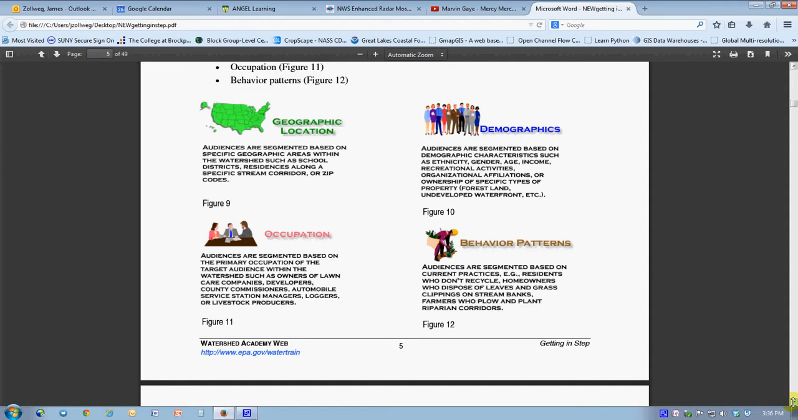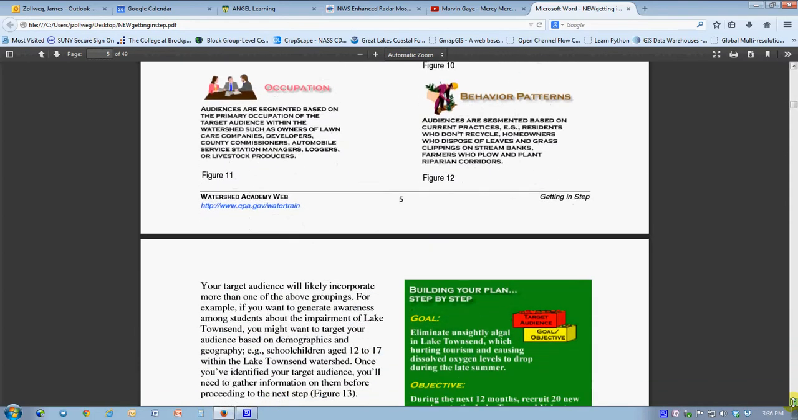Just what age distribution, for example, may be meaningful. Occupation, what people actually do and what their activities are, and expanding upon their activities, what are their behavior patterns? What do they do? How do they behave? What are they used to doing in the watershed? All of these four are ways in which one can parameterize the characteristics of the audience that they'd like to